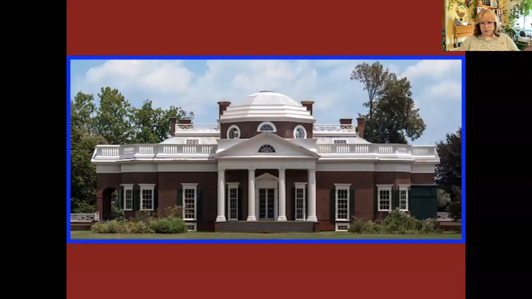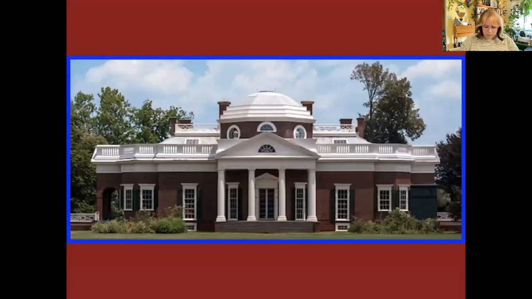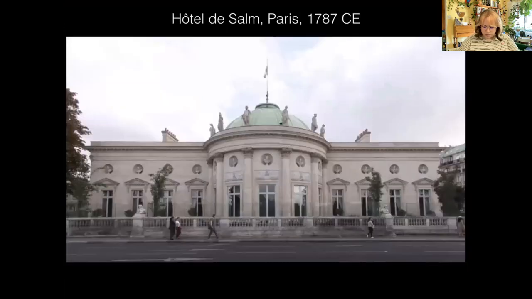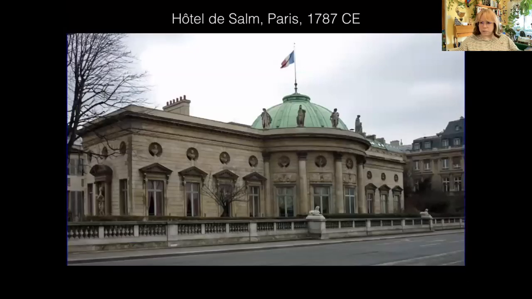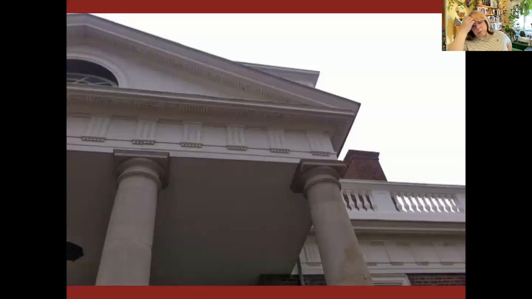I'm just gonna flip back and forth because we're not at school, so I don't have the two projectors. But it's got this central area with a dome. There it is, central area with a dome. Columns in the front. And then kind of rectangly bits going off to the side. So he loved this hotel and was like, I'm gonna design my house to look like that hotel, which is so weird in my opinion, but whatever.